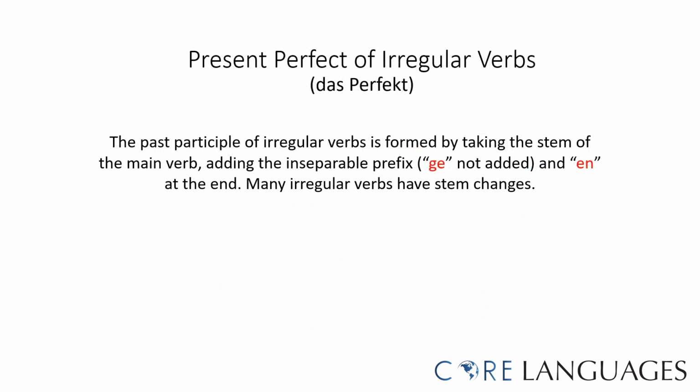An inseparable prefix verb can also be irregular. Irregular verbs form their past participle with the ending en and not with the ending t. Again, to form the present perfect, we need a subject, haben or sein, and the past participle. An example of an irregular, inseparable prefix verb is